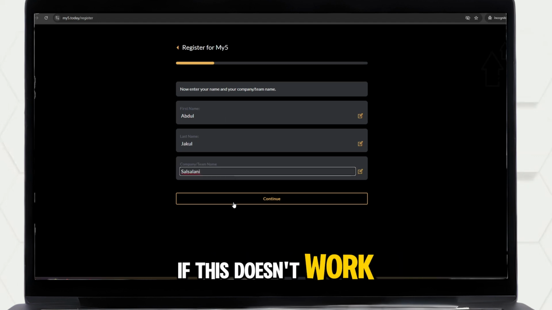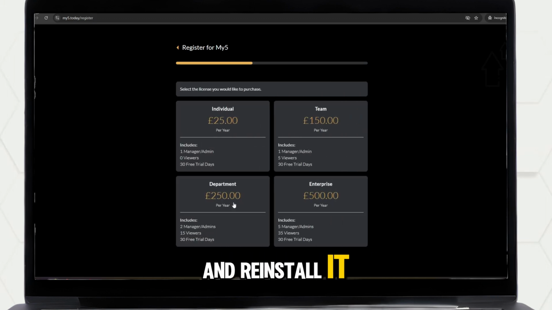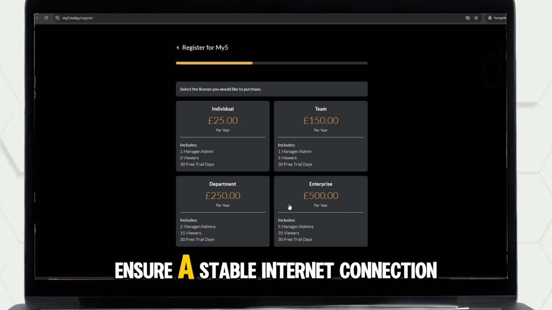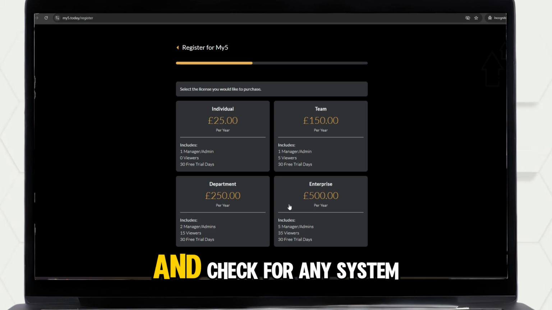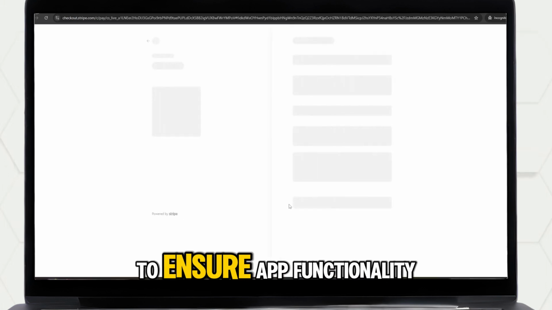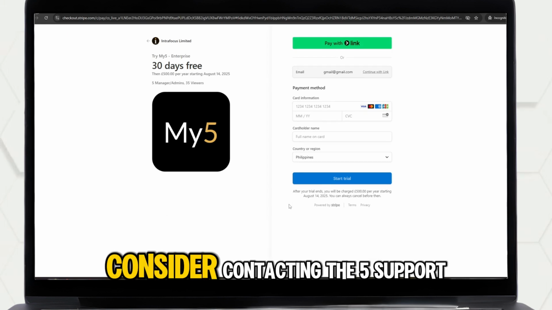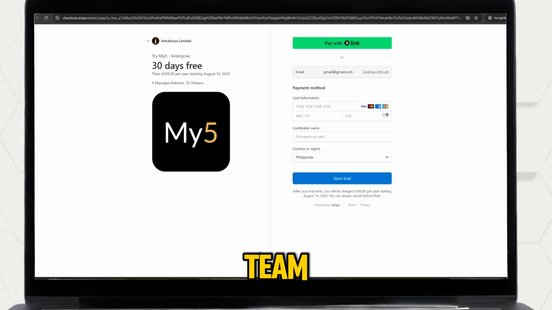If this doesn't work, you may need to uninstall the application and reinstall it to get the latest version with a fresh start. Ensure a stable internet connection and check for any system update on your device to ensure app functionality. If the issue persists, consider contacting the 5 support team for further